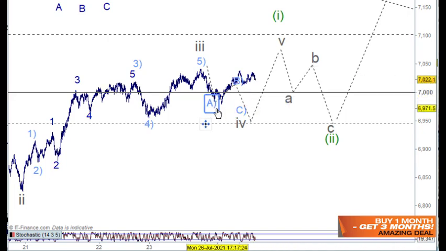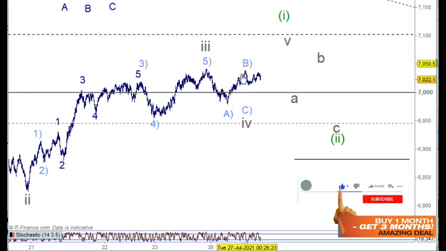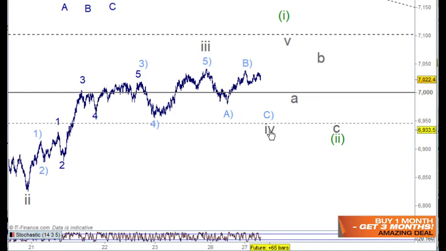Once again, we're looking for an A wave and a B wave and a C wave to come down here, and we're not there yet with that. And I don't know if that's going to be the A and the B and the C wave down here. It looks like it on the DAX. But anyway,